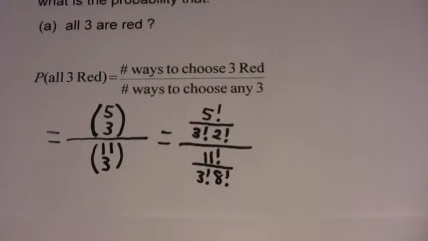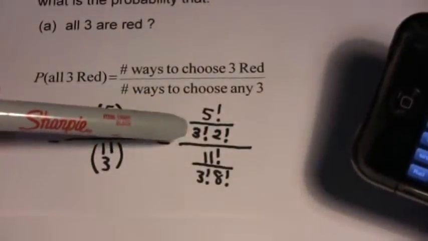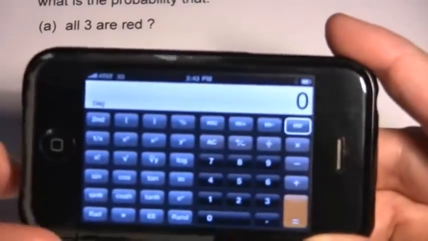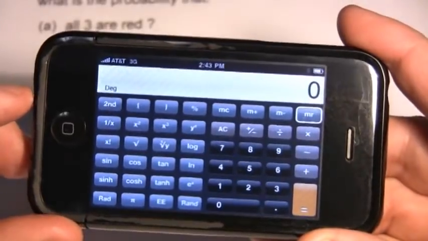Now the only calculator you can use on the test is the one on the computer. However, for demonstration purposes, so I don't have to try to show the computer screen, I'm actually going to use the calculator on my phone, which in this particular case is pretty much the same. So if I want to calculate, let's clear this off. If I wanted to calculate 5 factorial divided by the product of 3 factorial and 2 factorial, this is what I would do. And again, if you can't see this really well on the camera,